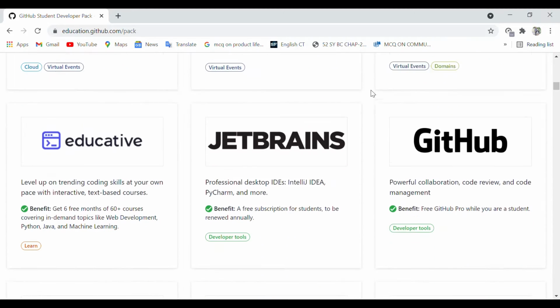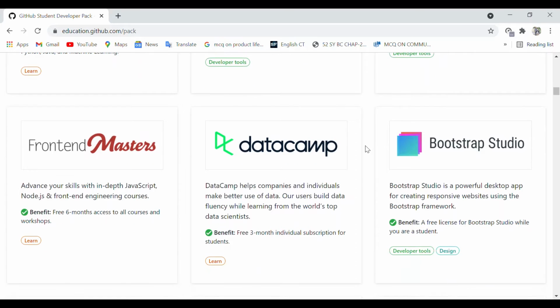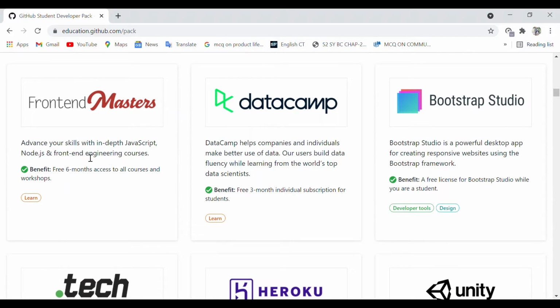Then you have Educative, which can upgrade your coding skills, and JetBrains IDE. Generally, while you are using PyCharm, you must be using the community edition, but here it will give you access to the professional version of the PyCharm IDE, and you can also use GitHub for reviewing the code and management, and you can also upskill your front-end development like HTML, CSS, and JavaScript using Frontend Masters.